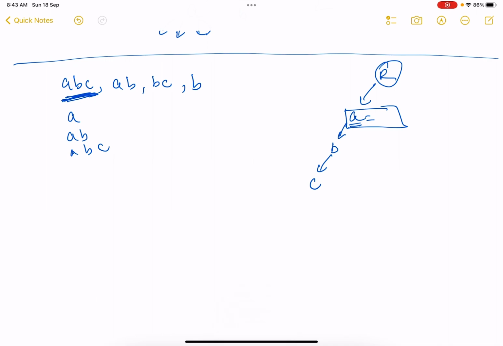For example, suppose there is a string AD as well. Now what would have happened when I added AD in this trie? A was already here, so we would have come to this node and then gone to this node, right? AD would have been there. Now the number of times we pass through this node while adding each and every word means that there are strings which have a prefix equal to this, like from root to this path,